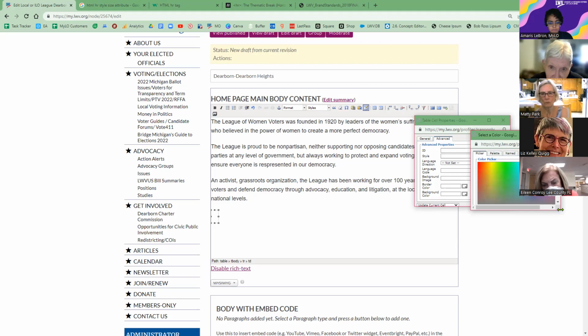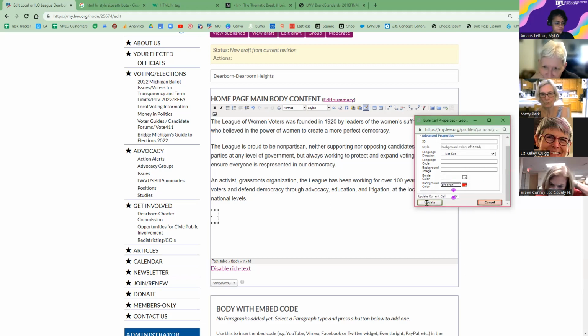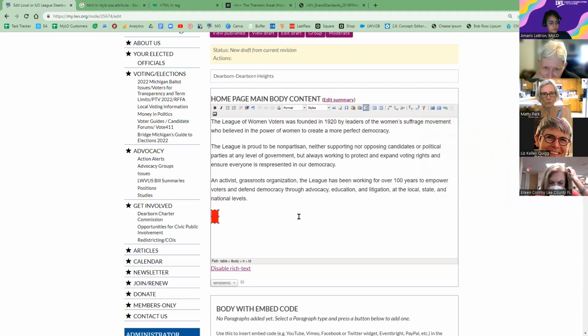I could probably just put the hex number. I think I still have it copied. No. Oops. Okay, we'll just play around with a nice bright red to use as an example. So we add that, when it comes to making it as wide as we want,